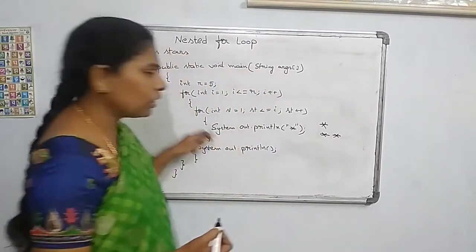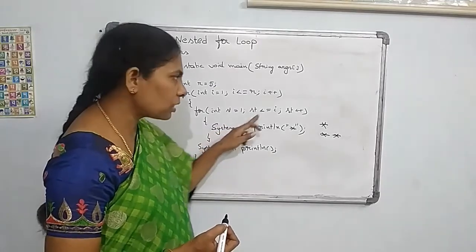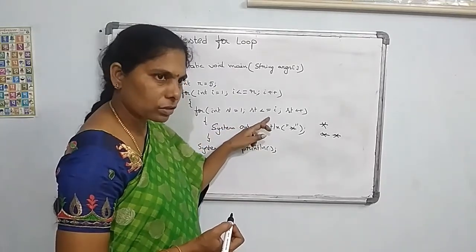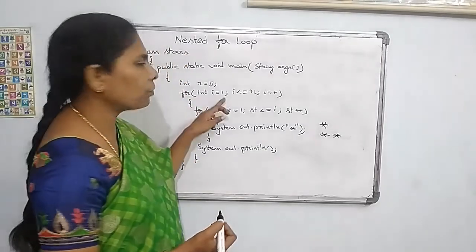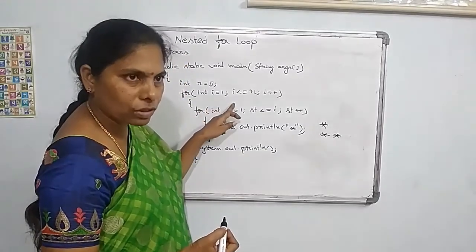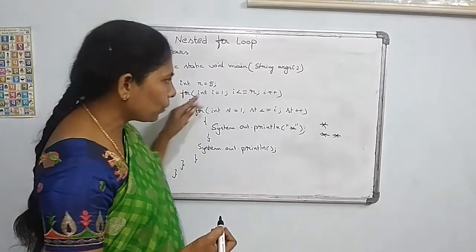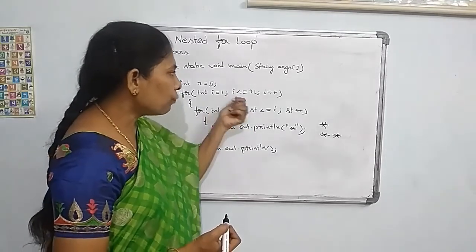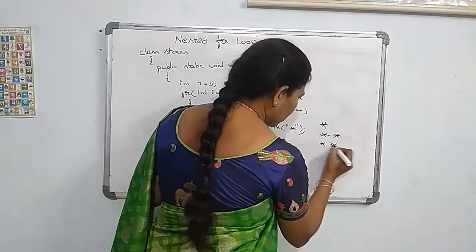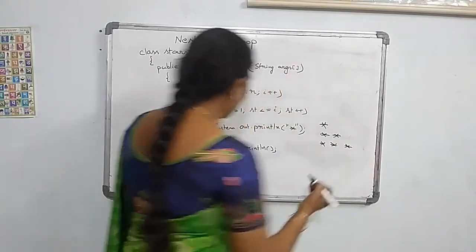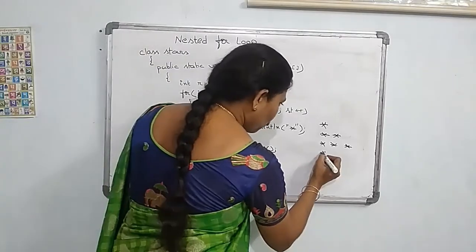Now it will increment the st value to 3. 3 less than or equal to 2, the condition is false. So again it will come to the next line and again increment the i value to 3. This process must be repeated until the first condition is false. So next it will print 3 stars. Next if i equal to 4 it will print 4 stars.